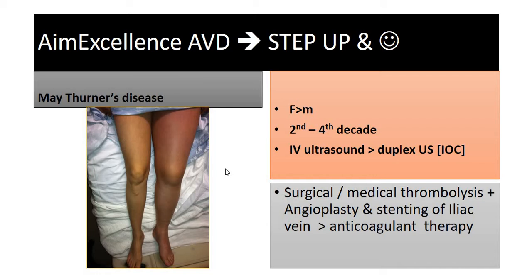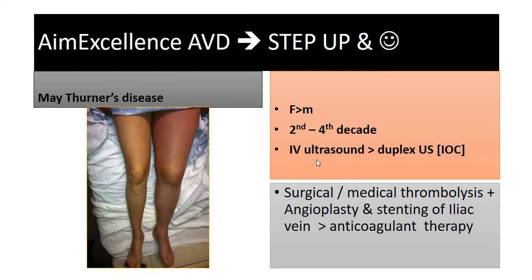There are two important diseases which are absolutely very important, and this is called May-Thurner disease. This is a pretty new question. This new question can come up from this one. This is May-Thurner's disease, and this is more common in female than male, and it's common in 2nd to 4th